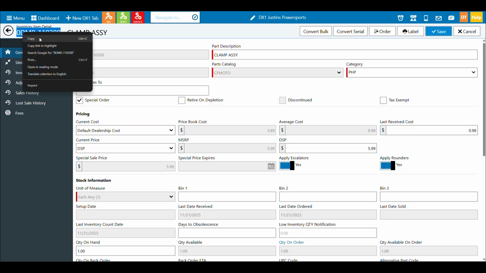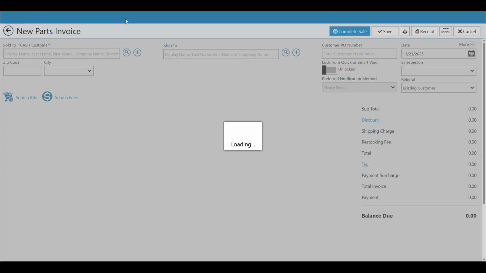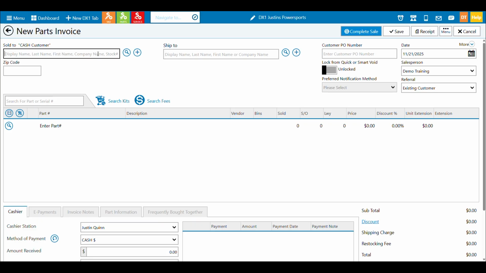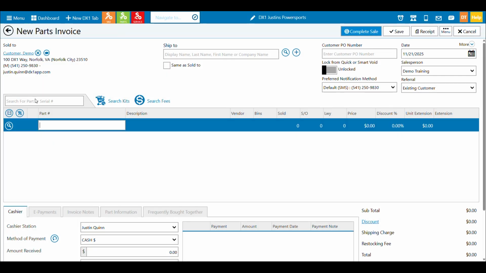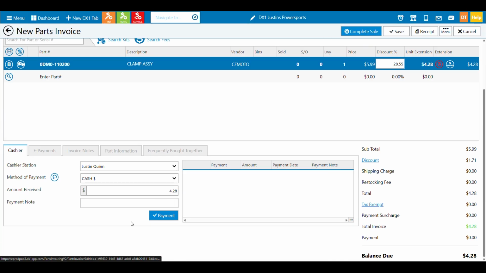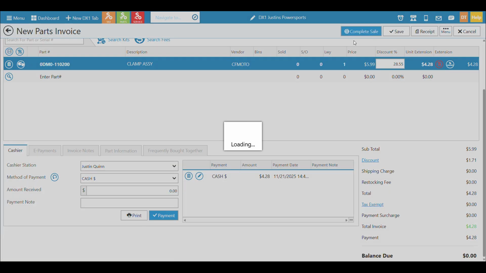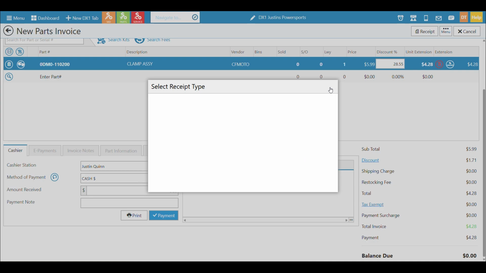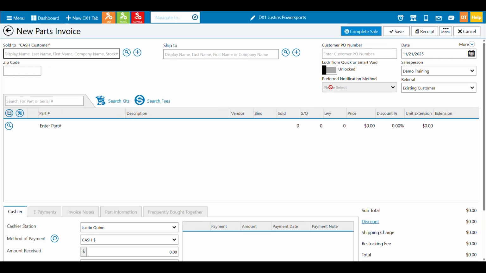and we'll put it on an invoice as hold, because I want to demonstrate the difference between on hand and available in DX1. So let's say we have a customer and we take this part and we put it on layaway for them. Okay. We'll go ahead and cashier them out. We'll take a payment. We'll complete the sale. So technically, now in our dealership for this part, there's 1 on hand and 0 available.